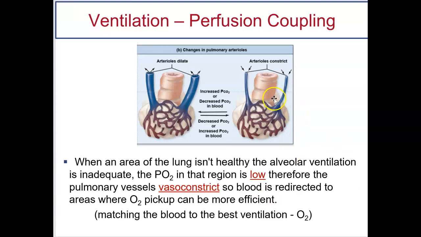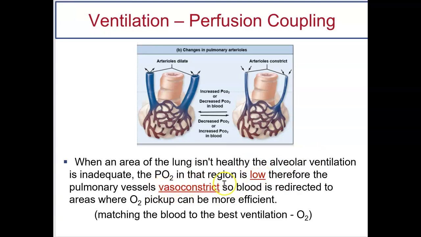So let's say we have an area of the lung that is not healthy. Maybe you have bronchitis, or a tumor, or an area of your lobe that's damaged from smoking. If we can't move the air, we're going to have very low PO2, because we can't get air to that area, and we can't get air out either. So we're going to have low O2. What's going to happen is the blood vessels to the area will constrict. You're not going to send blood to an area of your lungs that isn't working. It doesn't make sense. So anytime we have hypoventilation, or an area that isn't healthy, the PO2 falls,